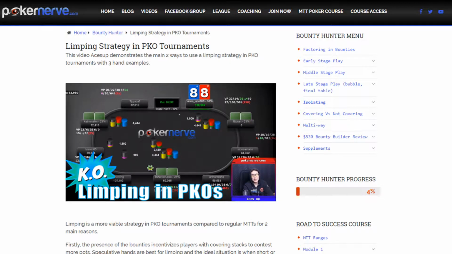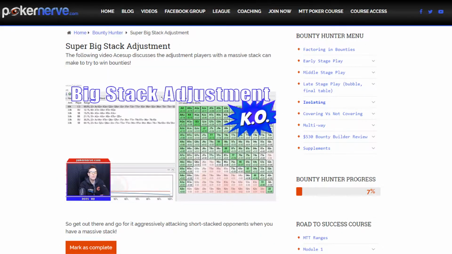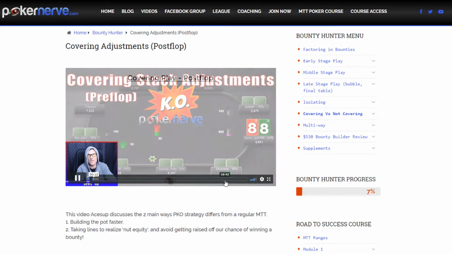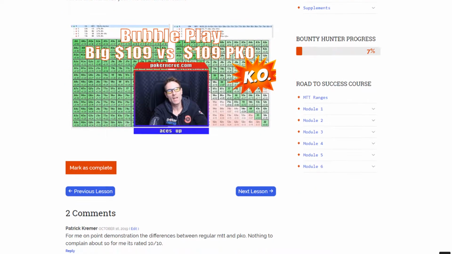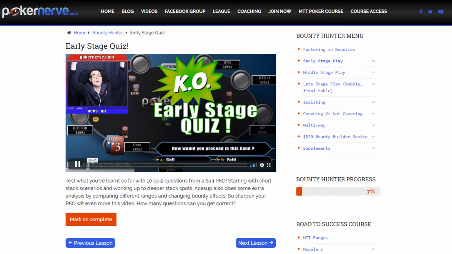Things like the importance of using a limping strategy, deep stack isolations, why chip leaders can call crazy wide, when to play very tight, or when we can really loosen up depending on stack distribution and covering stacks, including pre-flop and post-flop adjustments. Bubble play, which is just so different, as well as the ICM effect in PKO tournaments. Changing bounty values as the tournament progresses. Late stage and final table dynamics, all reinforced with quizzes and over 100 hand examples, including all the hands from